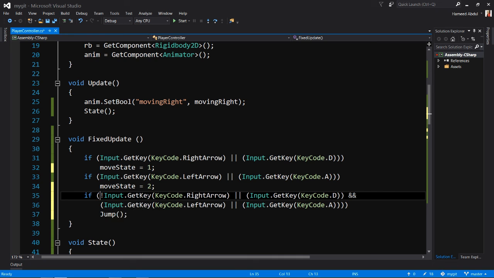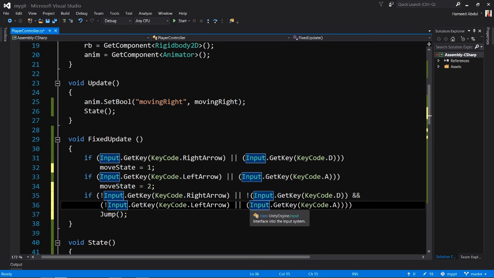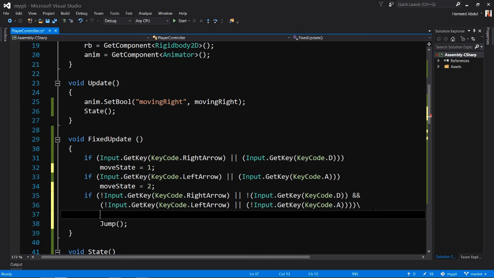So if Input.GetKey KeyCode.RightArrow equates to true, then an exclamation point in front of that means that it's false. So if this is false and this is not happening, and this is not happening, then we want move state